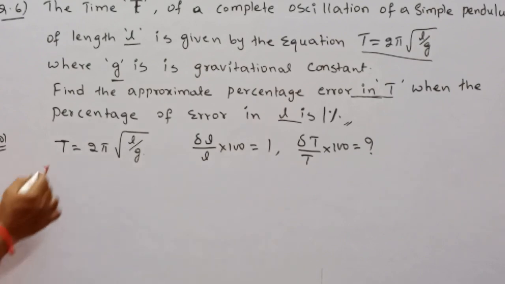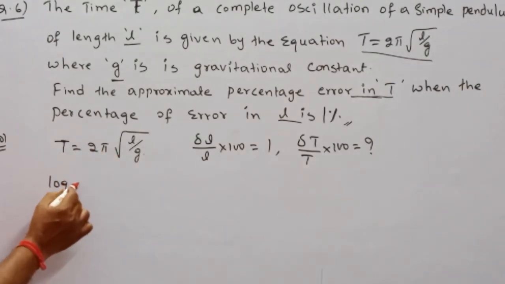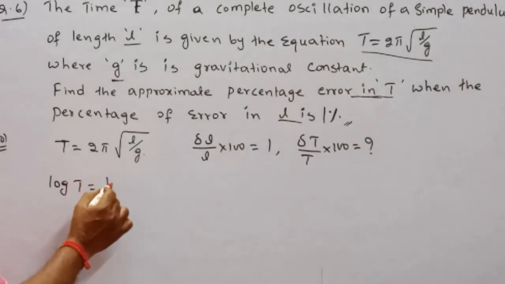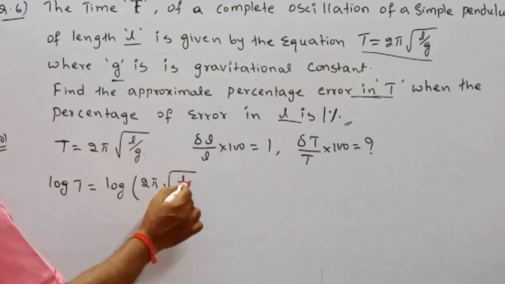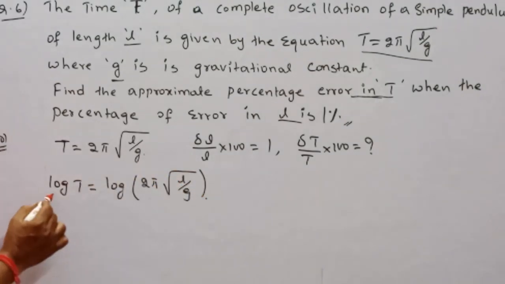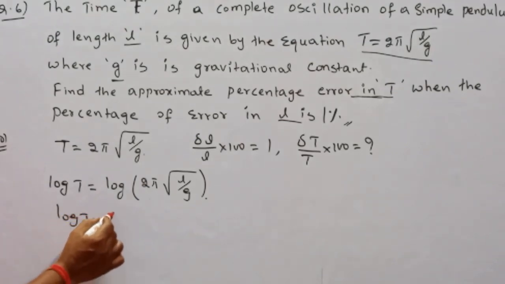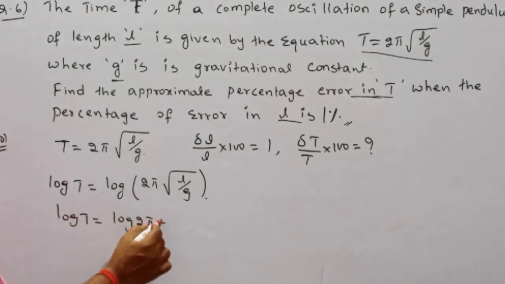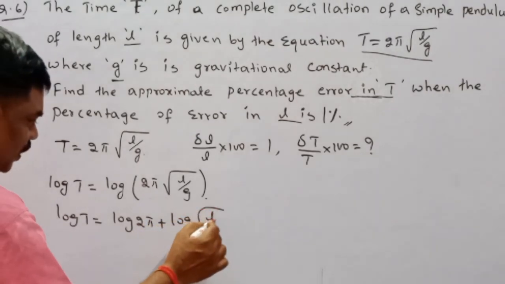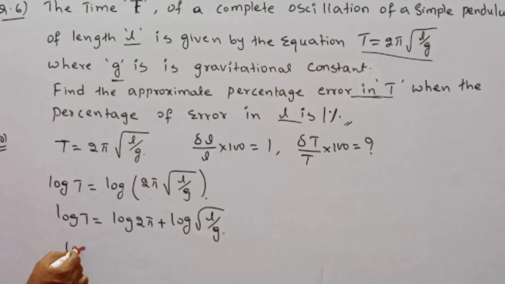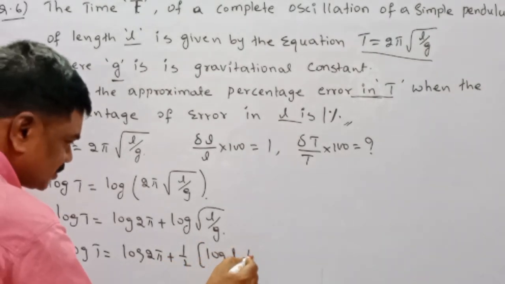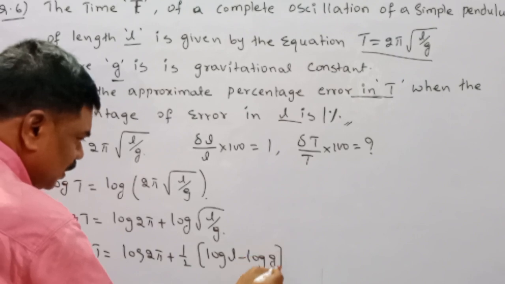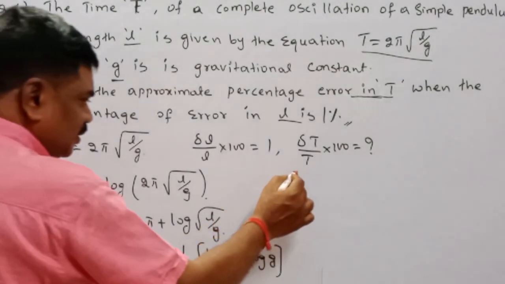Okay, all of you. Then you take log T is equal to log of 2 pi square root of L by G. So log T is equal to log 2 pi plus log root over L by G. Log T is equal to log 2 pi plus 1 by 2 of (log L minus log G). Okay, all of you. Here you can